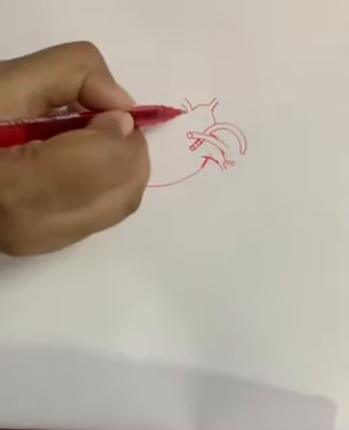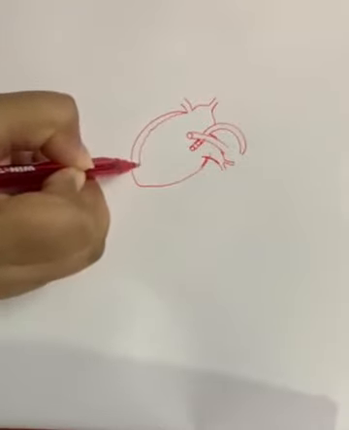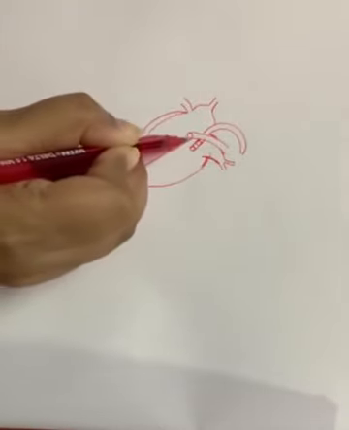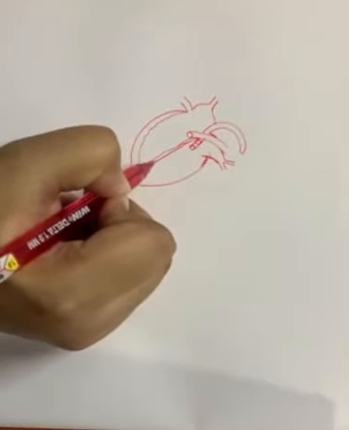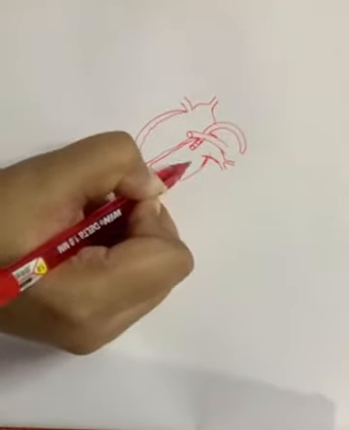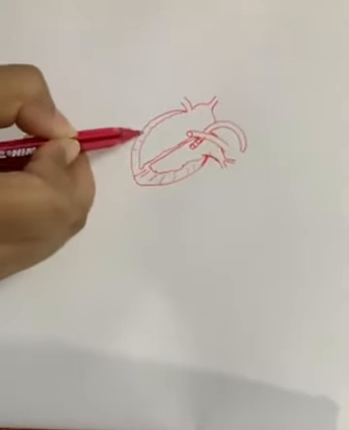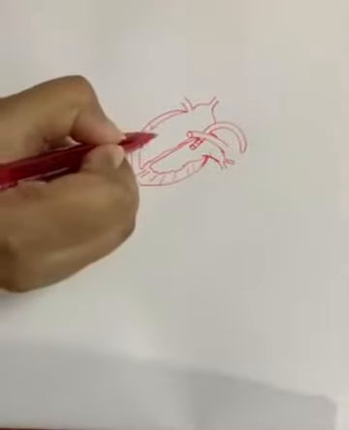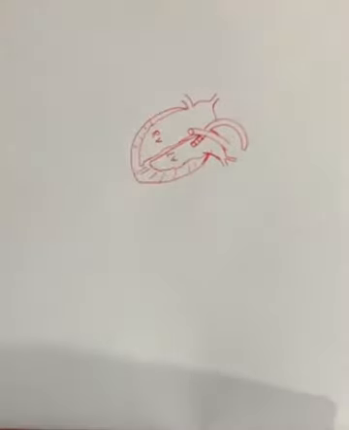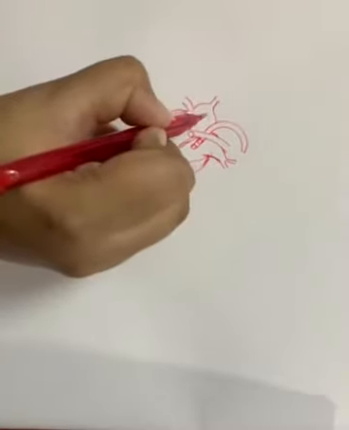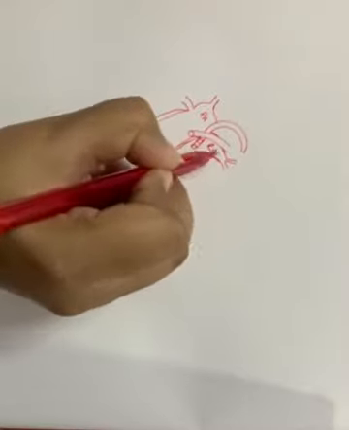Before labeling, we have to do one more thing, that these are the ventricles, so they are going to have the thick wall, right? So this went up, and from here back, this is the septum which is dividing the heart into the right and the left parts, and the left part is going to have thick walls. This is thicker as compared to the right one. This is the right ventricle, this is the left ventricle. Okay, this is the right atrium and this is the left atrium.